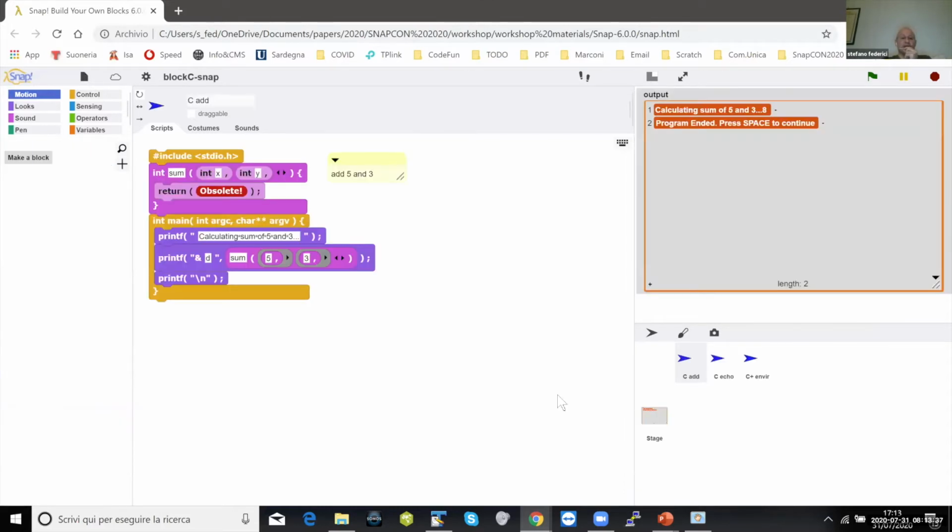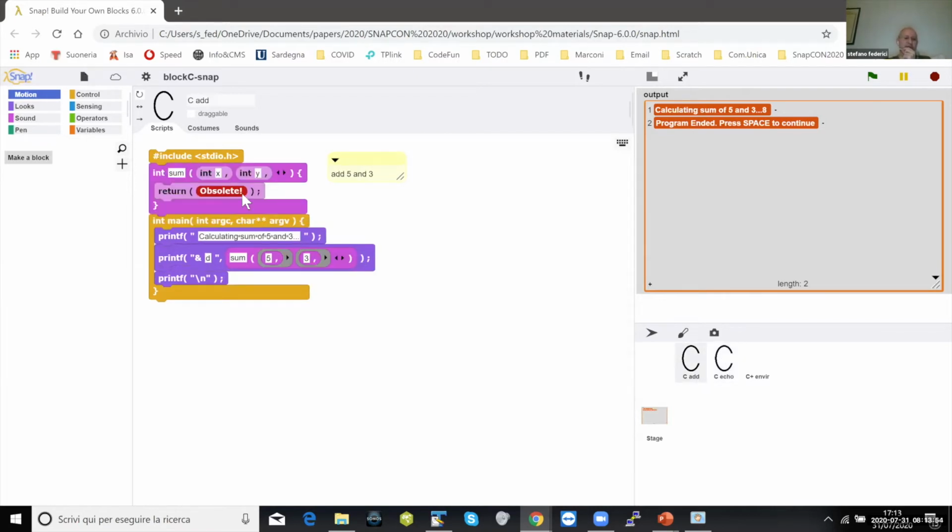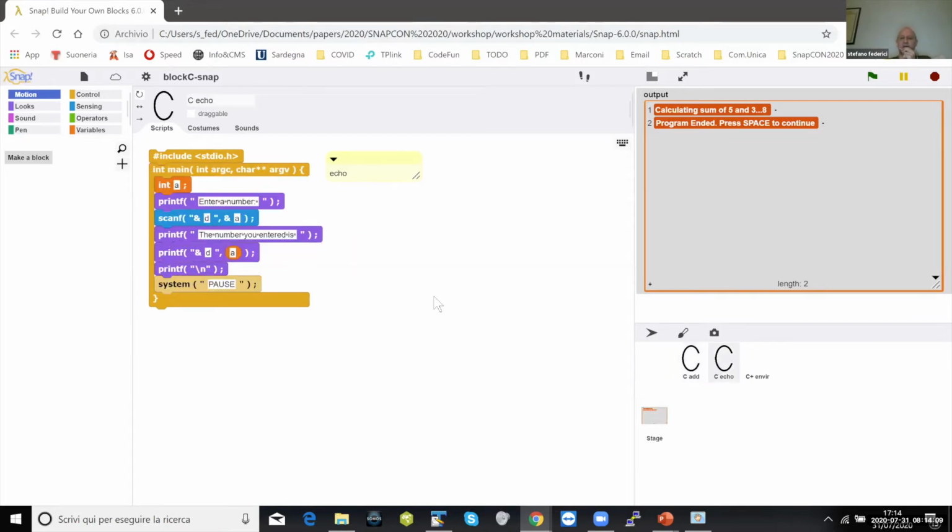This is quite fast with respect to what is done in Blob because it's based, as I said, on Snap 5. And we can click on the echo program. You can see several programs. Now you can see something that is said as obsolete because I reduced the blocks in order to make it faster and simpler. So here you have a program doing something, and you have another program. This is a very simple echo program. And you can see the C++